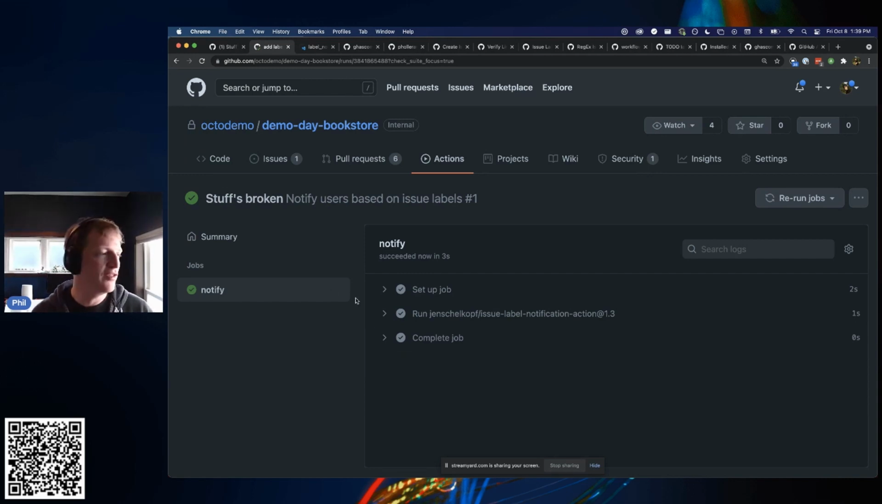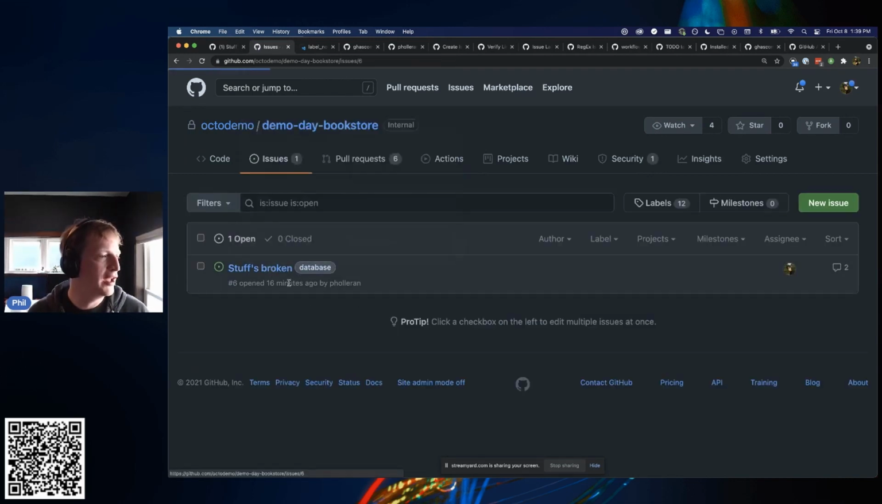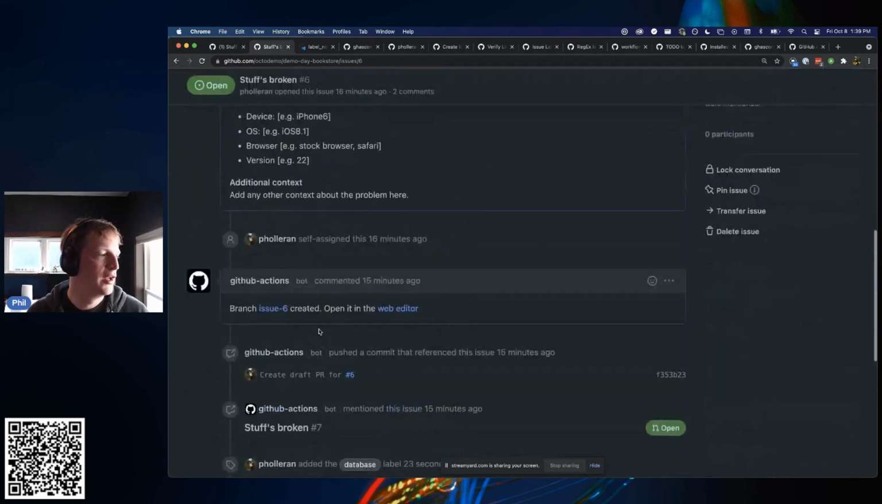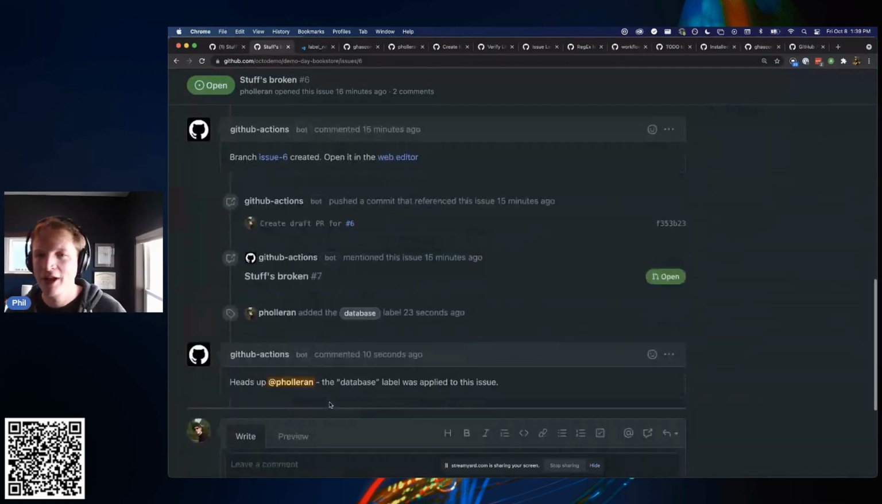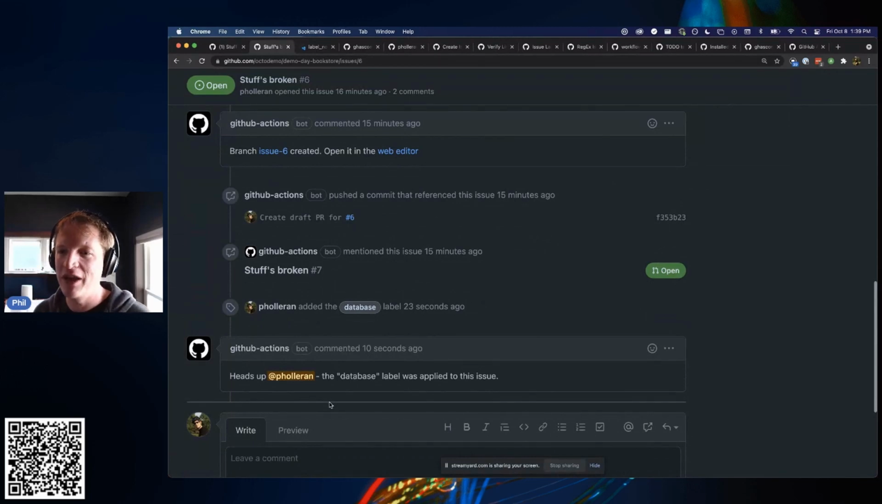If it meets the configuration that we passed, it'll apply the label. And sure enough, when we come back here to see stuff's broken, I can now see that, hey, heads up, p-hollerin, the database label is applied to this issue. That's great. Now I can go ahead and start setting up configurations and only be notified about specific things happening